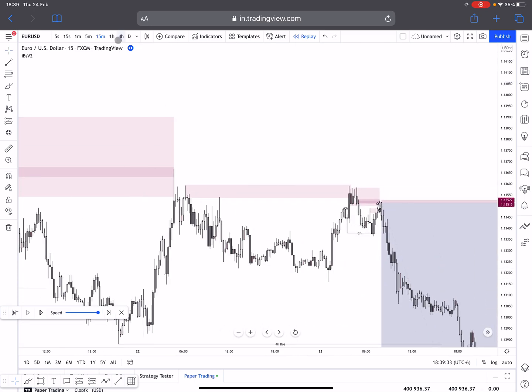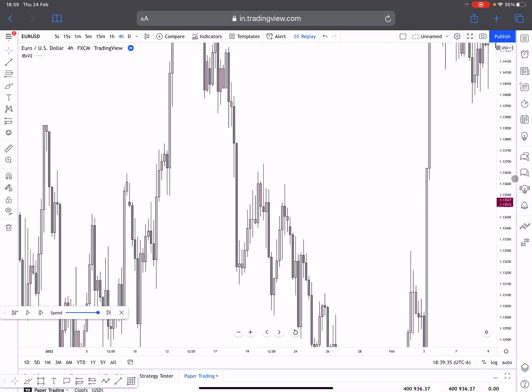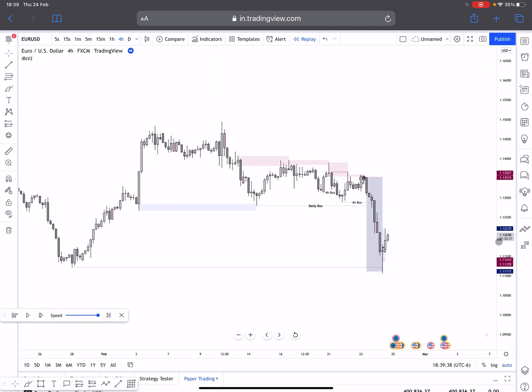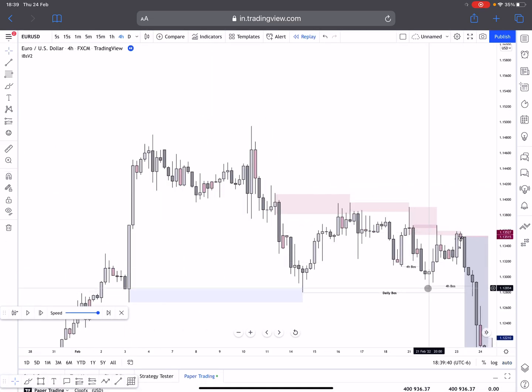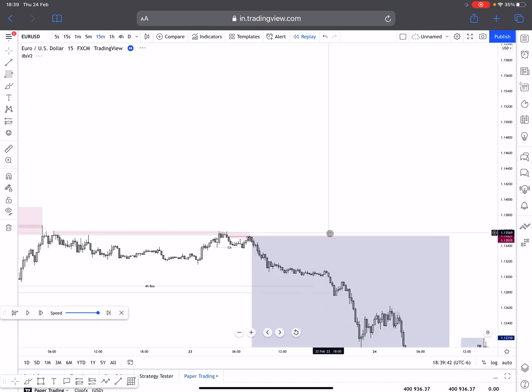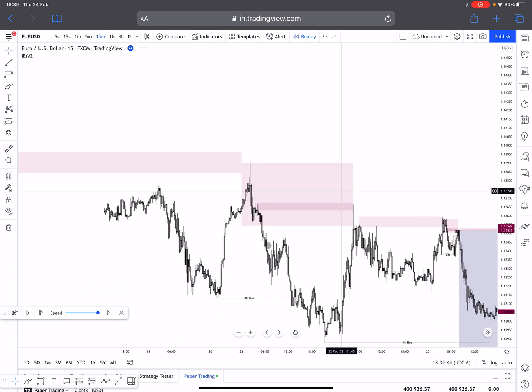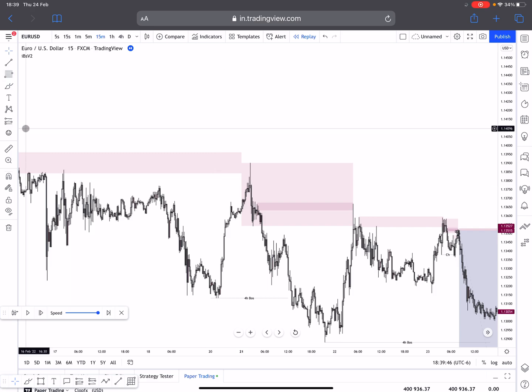But as I said, we based it on 4 hour. You have to make your multi time frame analysis, right? We based it on 4 hour. Then we search for a 15 minute, right? Search for some 15 minute POIs in here. You can also, I mean, I don't use this tool, but you can use it.